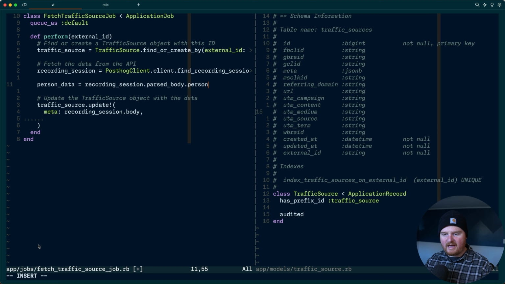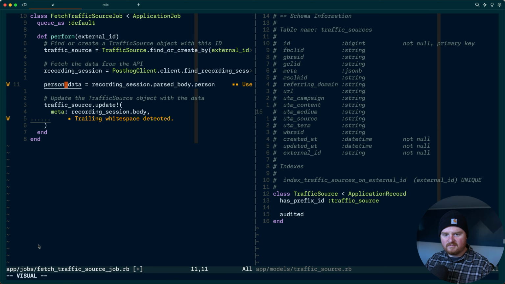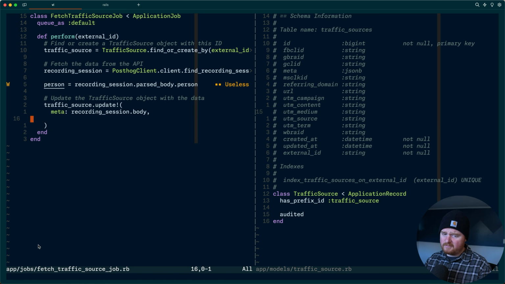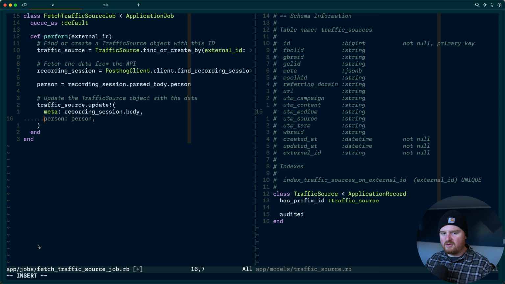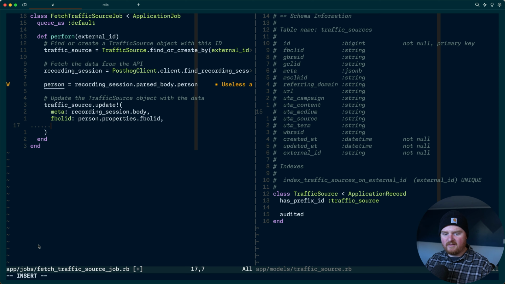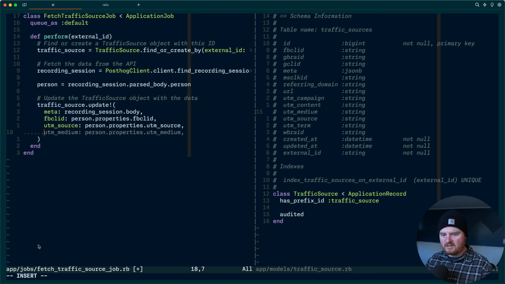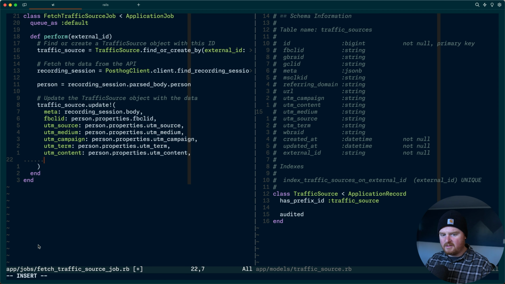And that should give us back a person, or what's called a person object inside of Posthog. And I think the person object is going to have a lot of these things. I believe we can do something like fbclid is person.properties. UTM source, UTM medium, campaign, term, content,